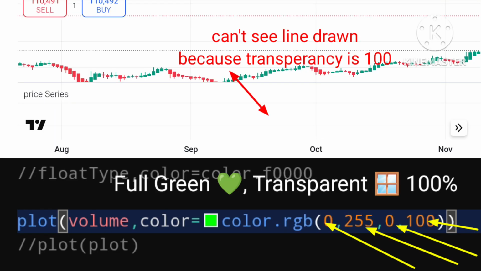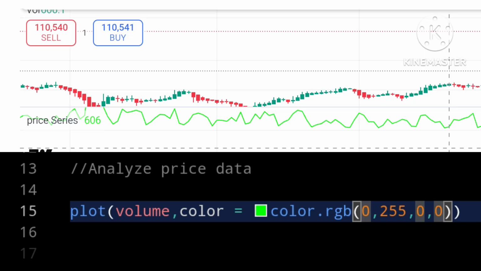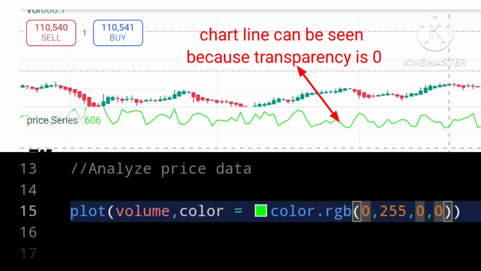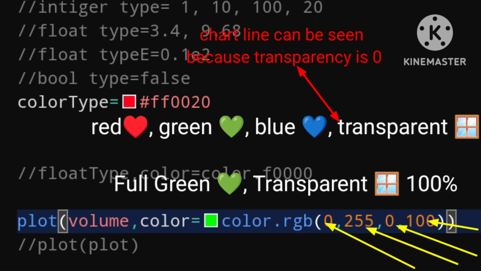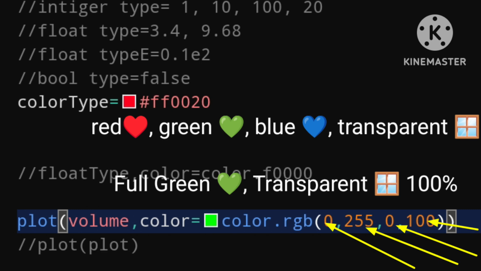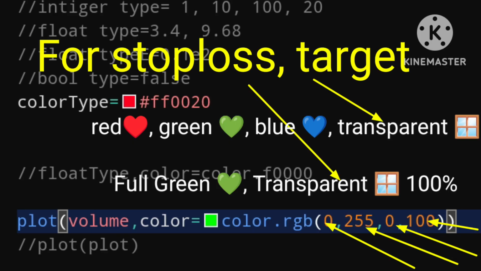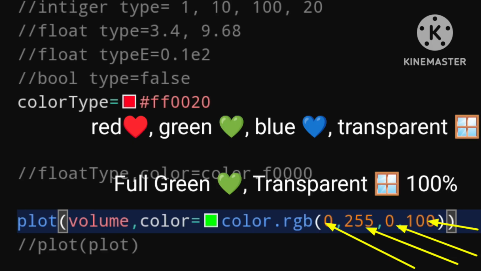I use this quite a lot in my scripts to draw information onto the chart that I want to reference in my indicator values, but that I don't want to see on the actual chart, such as stop loss sizes and things like that. Don't worry if this was a bit confusing. We will cover color types in future lessons in greater detail and in more practical examples.